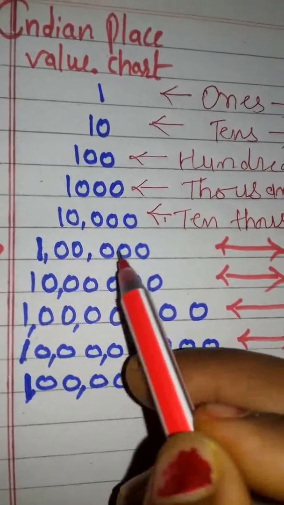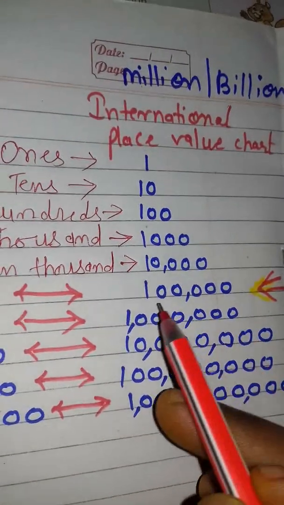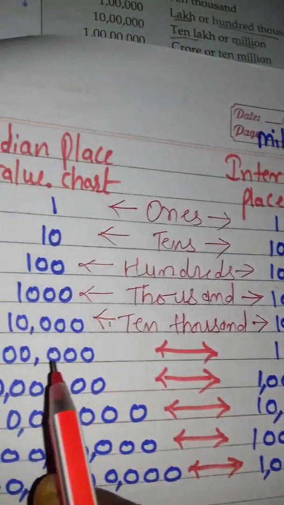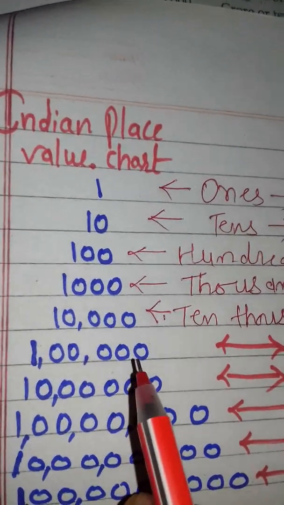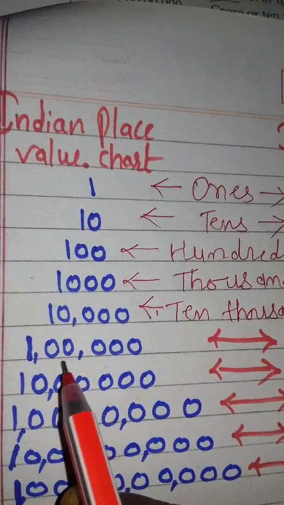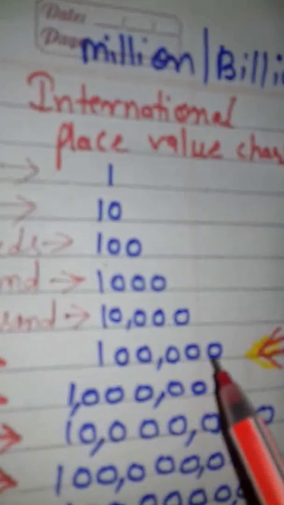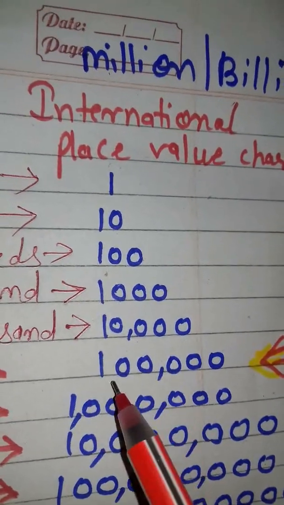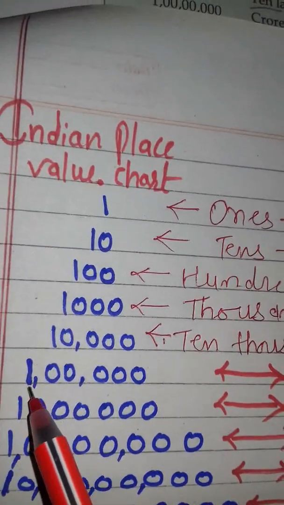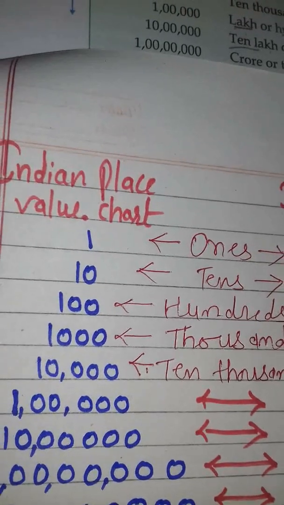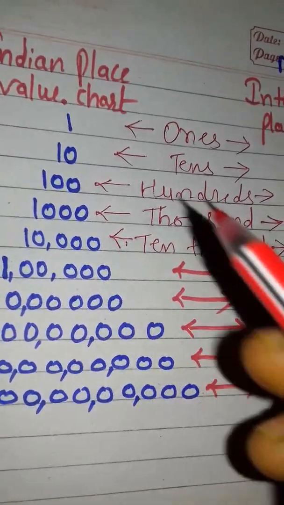Then the next number is 1 lakh. You can see here it is given 1 lakh, and here also it is given 1 lakh, but see the placement of the comma here. In Indian number system 1, 2, 3 digit, then the next place value having 2 digits, then comma, and in international 1, 2, 3 digit, then 1, 2, 3, this also will come in the same period, but the period gets changed, as you can see the comma. So how we will read it? Now reading becomes different here in both the place value charts.